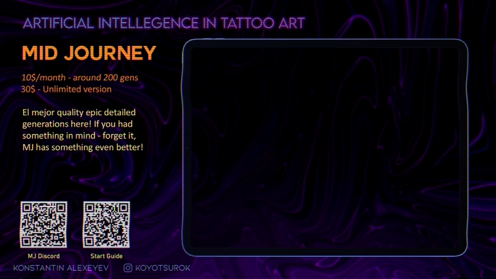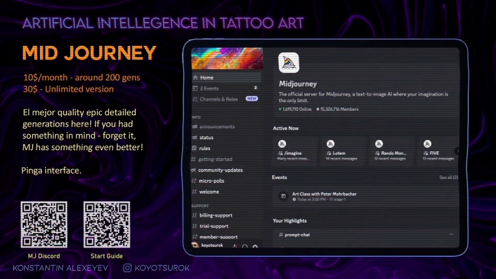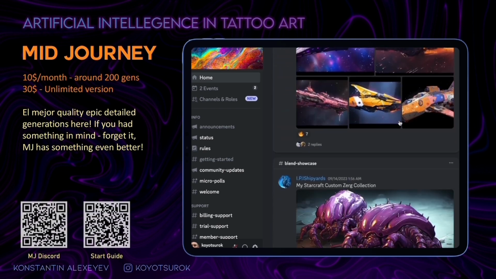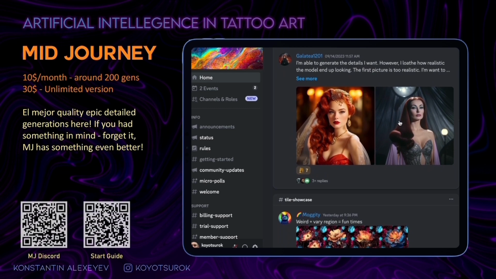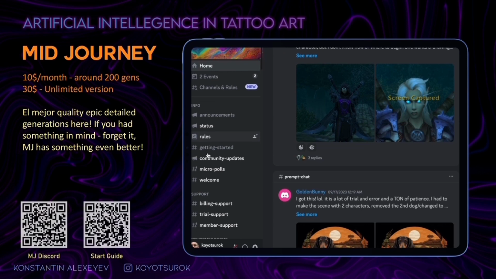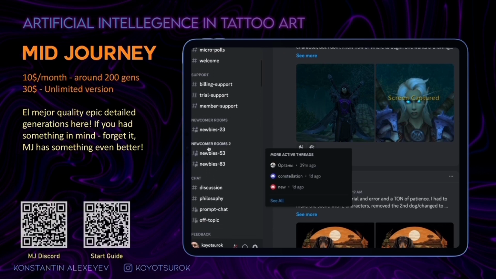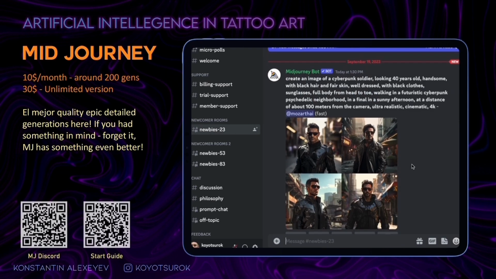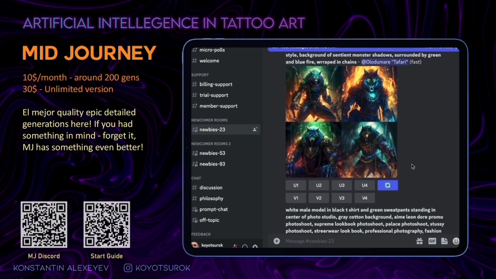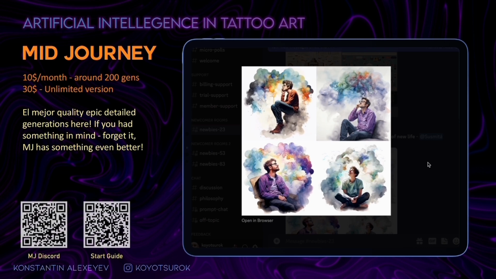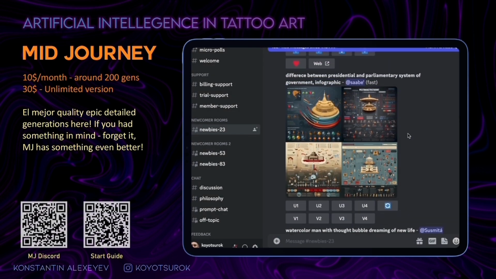Midjourney. This AI is very popular and probably known to some of you in the audience. In my opinion, the interface leaves much to be desired, and you will have to walk through the Discord Messenger. In Midjourney, there are not as many functions for controlling the generation of images, but at the same time, the Midjourney model itself, and specifically the newest version, version 5, produces art of incredible beauty and detail.